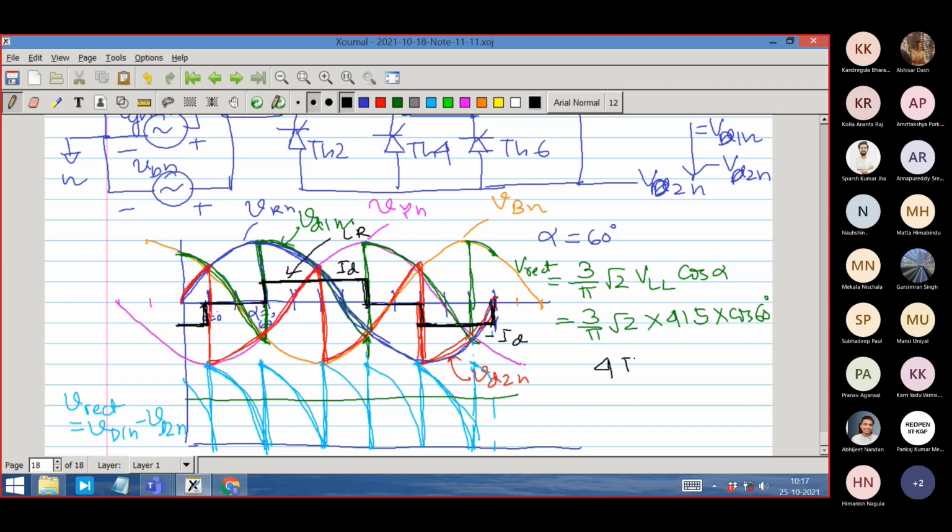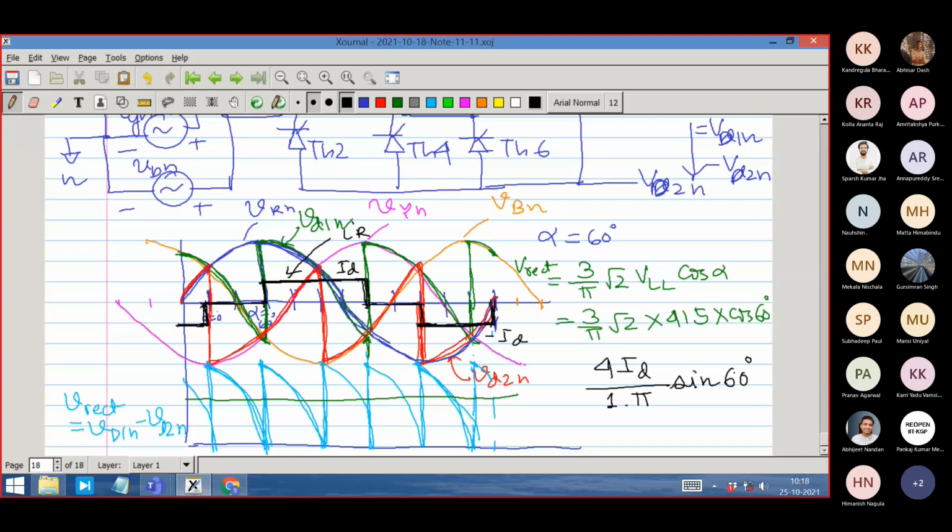4 ID by n, n is equal to 1. Since I am doing the fundamental, n is equal to 1. 4 ID by n pi is the peak. And its magnitude has another factor. What is that factor? It depends upon the width. So the width is how much? Width is 120 degree, right? So we'll write it as sine of 60 degree, the width 120 degree divided by 2.